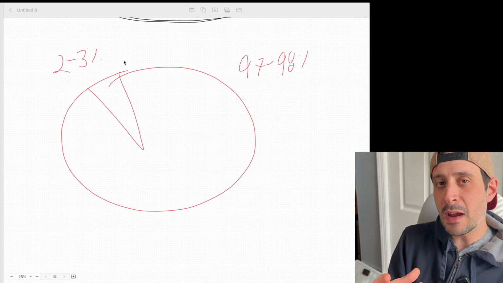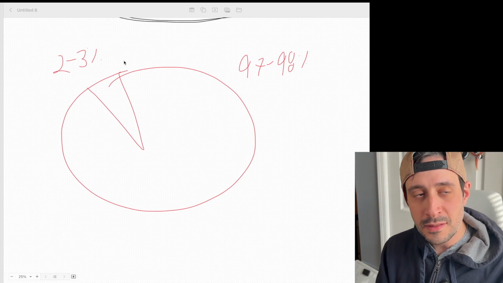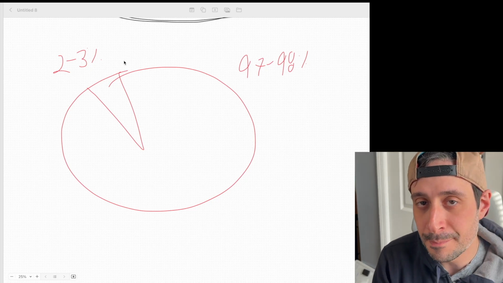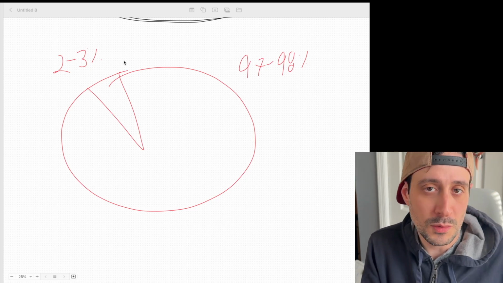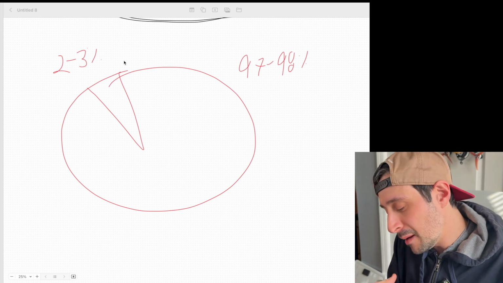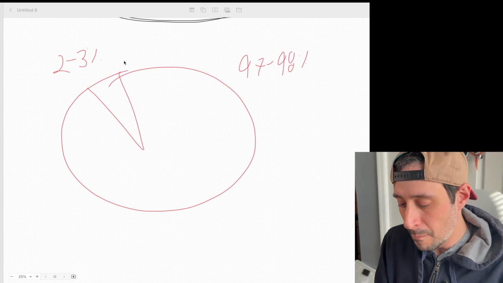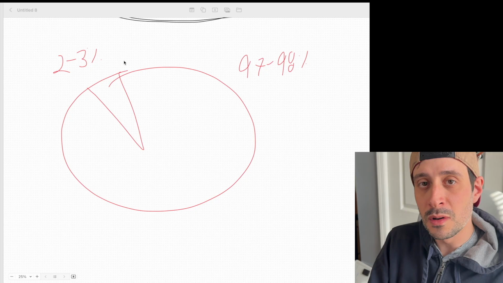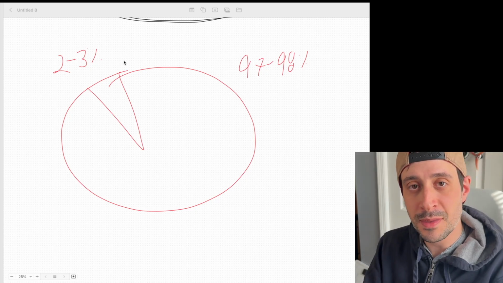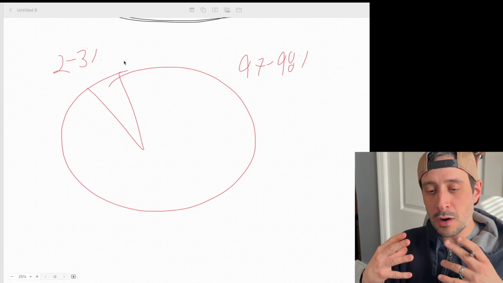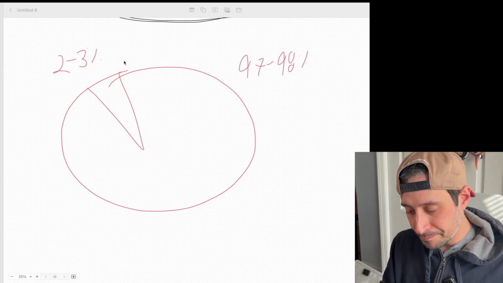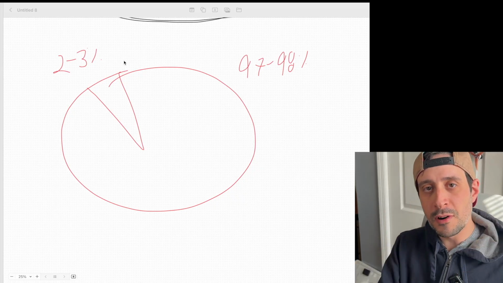Now, does that mean that they're unqualified? Does that mean that we don't want to advertise to them? No. Of course you want to advertise to them, because maybe they're not ready right now, but they will be tomorrow or next week or next month. The idea is that we are advertising to people to build your brand's awareness.